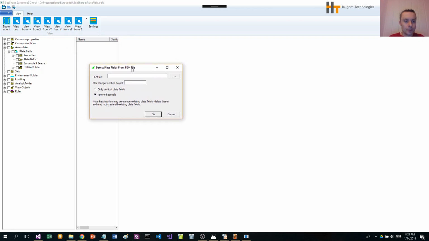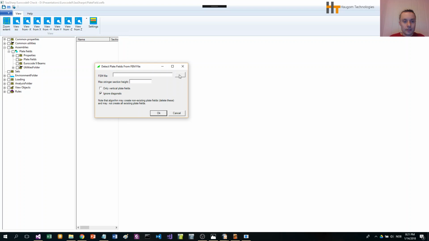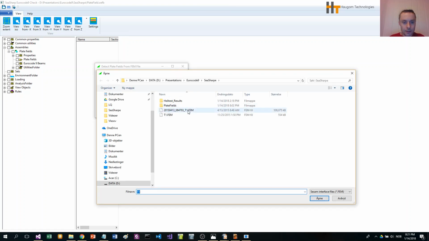And what we will do now is that we will read all the plates and stringers also that are defined on a SESAM FEM file, typically generated in Genie. And here I select this file. I say open,